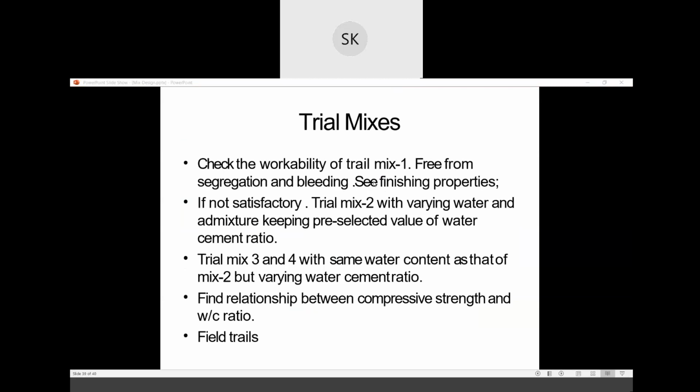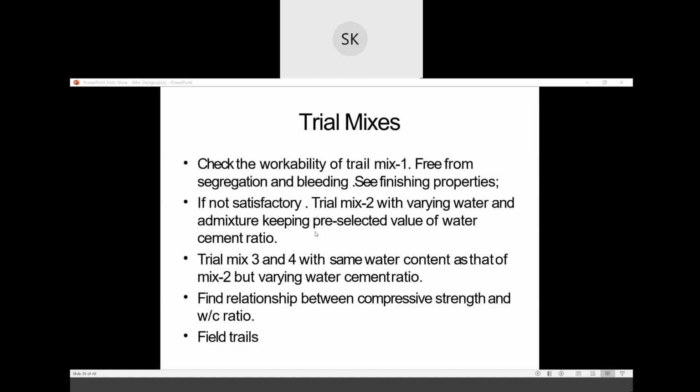Okay. So check the workability of trial mix 1, free from segregation and bleeding. See finishing properties. If not satisfactory, trial mix 2 with varying water and admixture, keeping pre-selected value of water cement ratio. Trial mix 3 and 4 with same water content as that of mix 2 but varying water cement ratio.